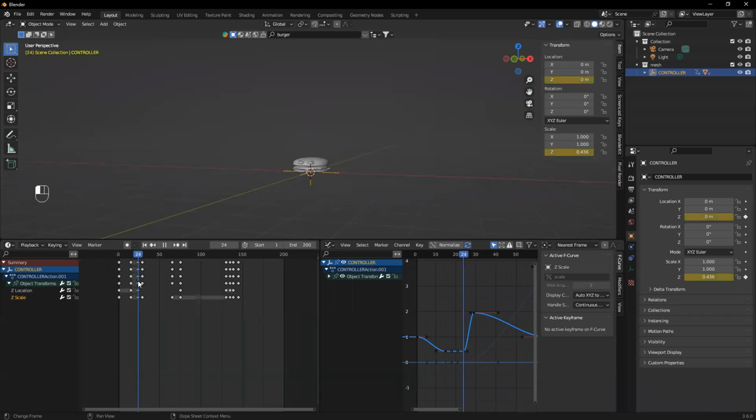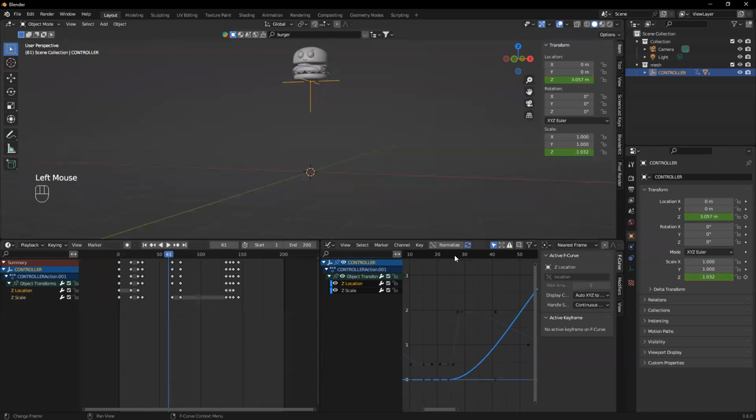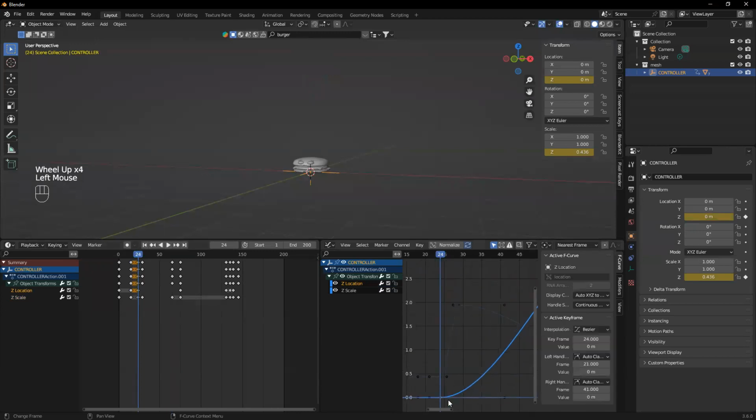So, starting from frame 24, paangat na siya, paangat na siya. Sa Z location natin, kailangan natin baguhin yung speed, no? So, select natin tong Z location. And mapapansin nyo, let's try to find our frame. Hanapin lang natin yung frame natin dito. So, frame 23, 24. Okay, starting from frame 24, ito na siya, no? This frame right here, papunta na siya dito sa ating frame,